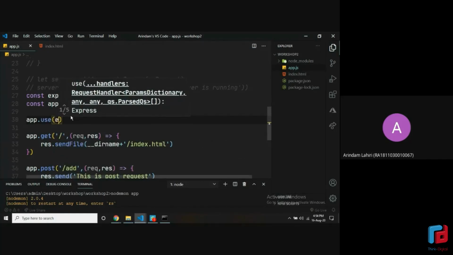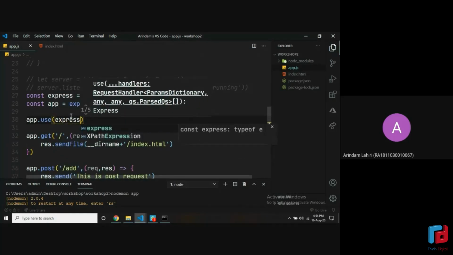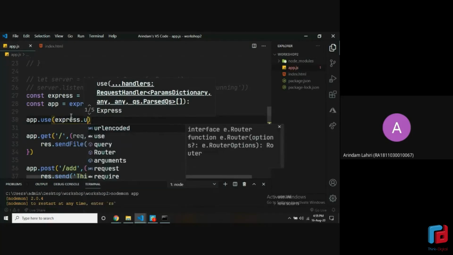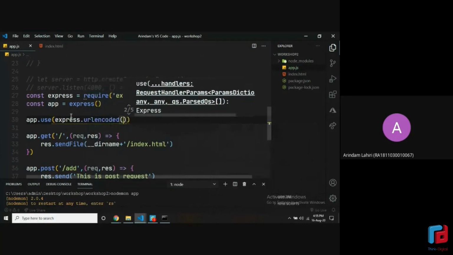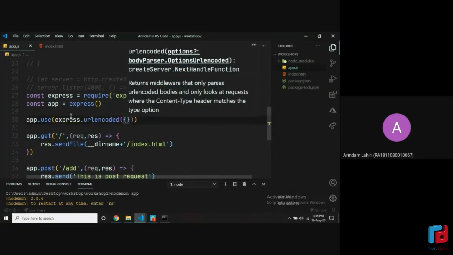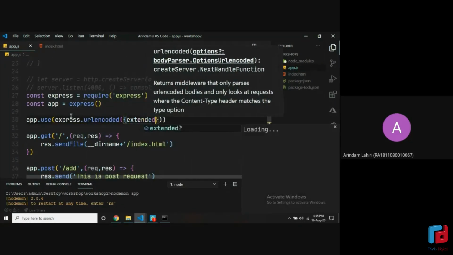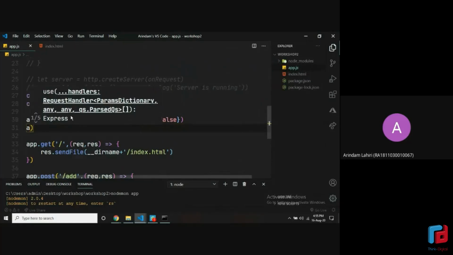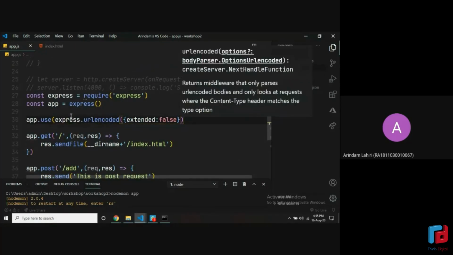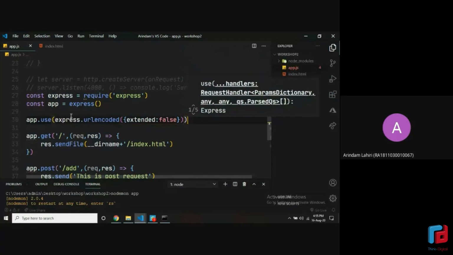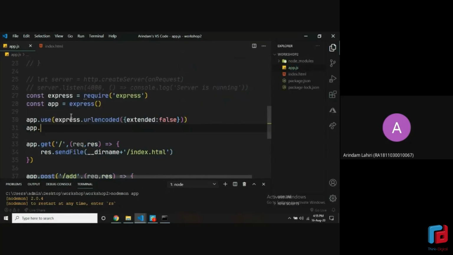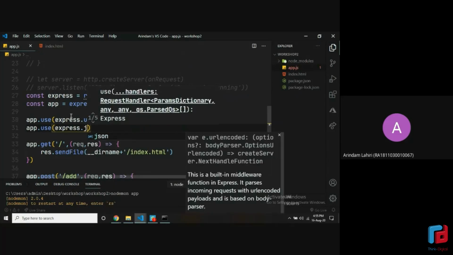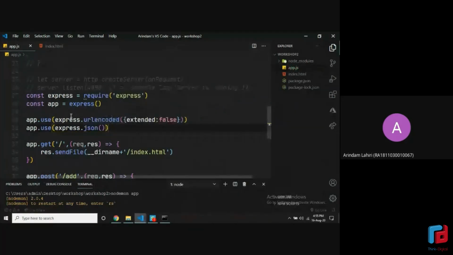These are two middlewares: app.use(express.urlencoded({extended: false})), and another app.use(express.json()). So what is this doing? First of all, let's understand what app.use is.